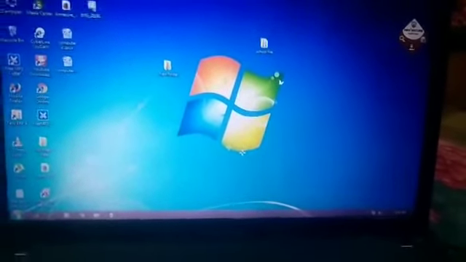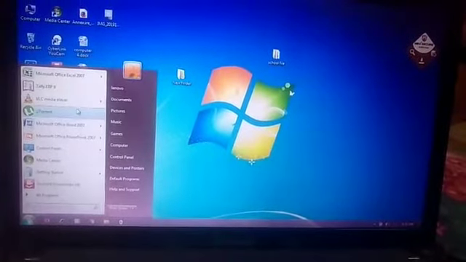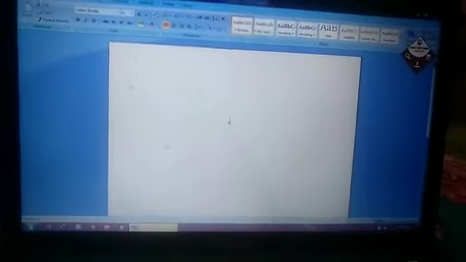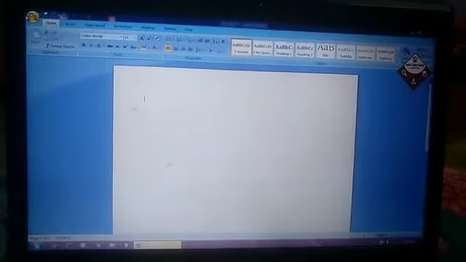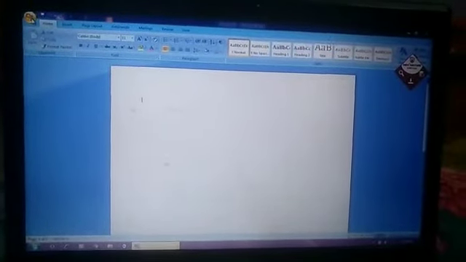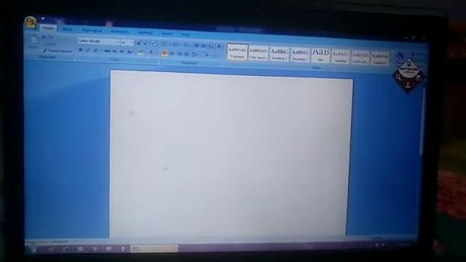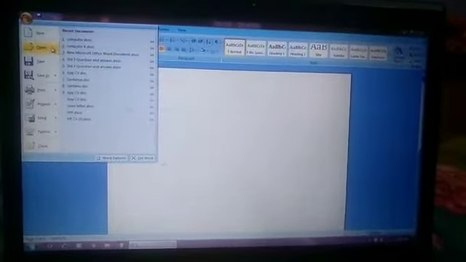So let us start. First you start your Word: click on the start button, go to Microsoft Word, double click and it will open up. As it is default, a new document will come. So what we have to do is take out the saved document where we have to do some editing. So you go to the office button, click it, go for open.